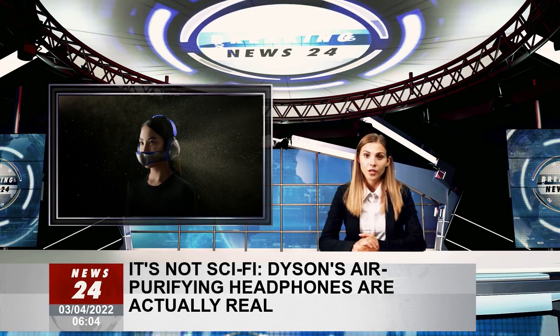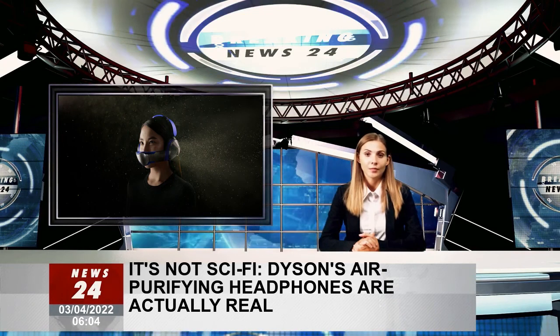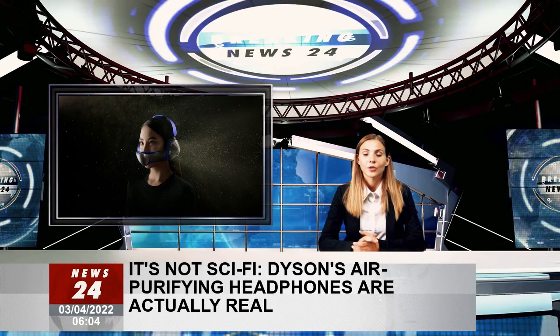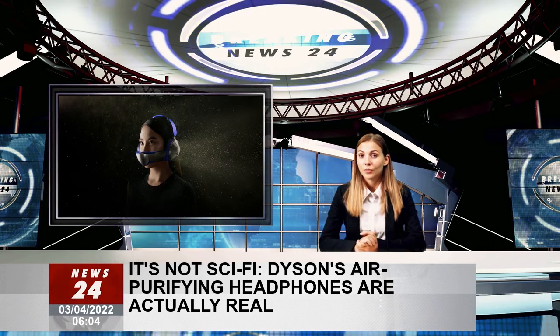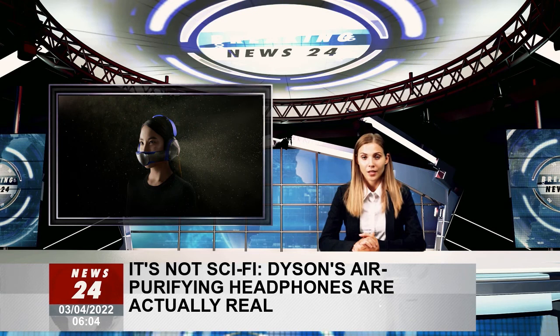electrostatic filtration captures 99% of particle pollution as small as 0.1 micron, such as dust, pollen and bacteria, and that a potassium-enriched carbon filter captures city gases like NO2, SO2 and O3. How much that filter will cost to replace is still up in the air, but filters for its full-size air purifiers